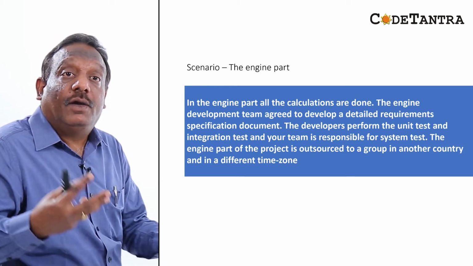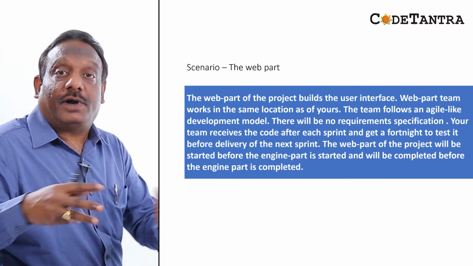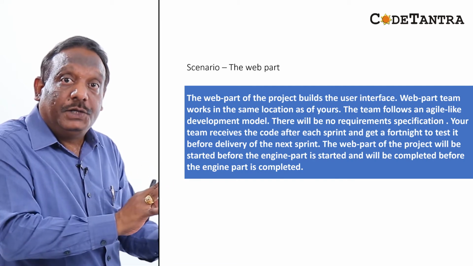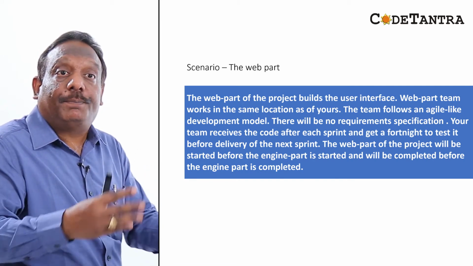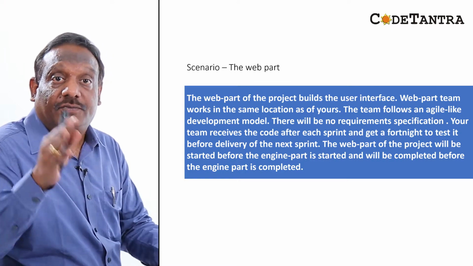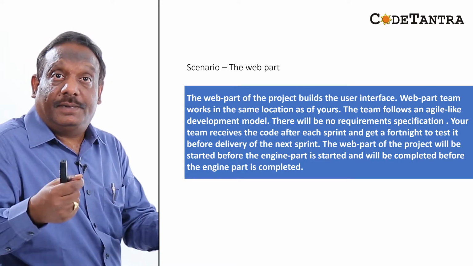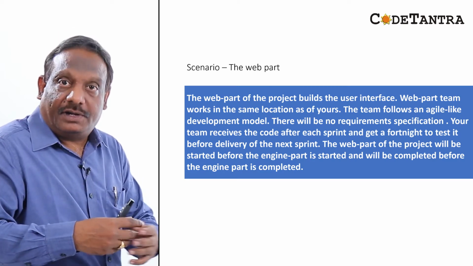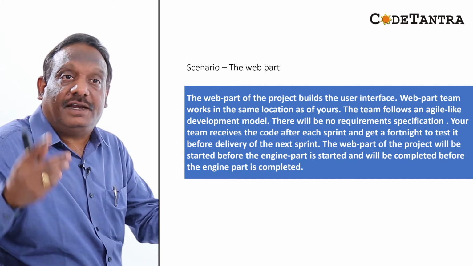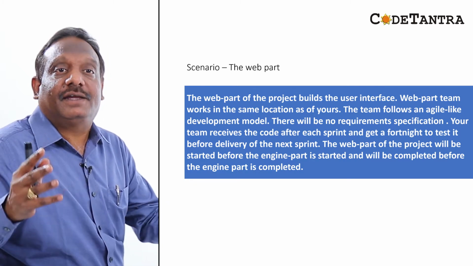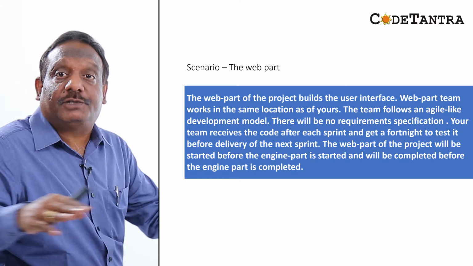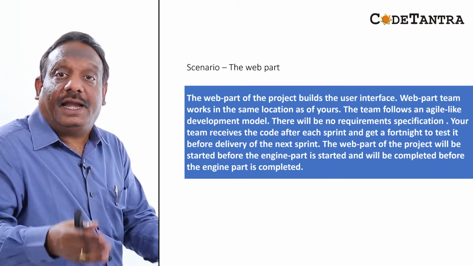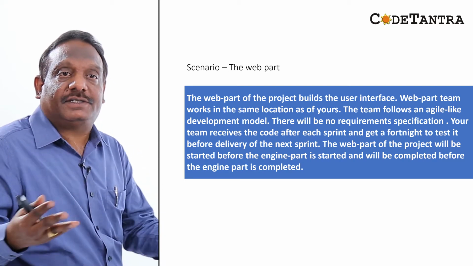Now let us look at the scenario with the web part. The second part is the web part. The web part of the project builds the UI layer of the software. The web part team works in the same location as yours, and the web part team follows an agile-like development model. Nowadays, a lot of teams follow an agile-like, not agile, development model. So there will be no requirement specification, and your team receives code after each sprint, and you will get a fortnight to test it before delivery